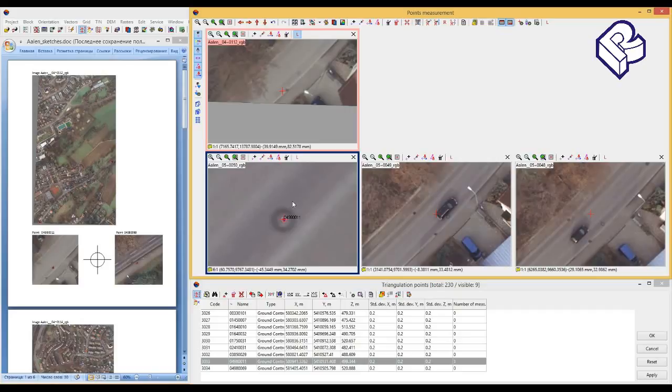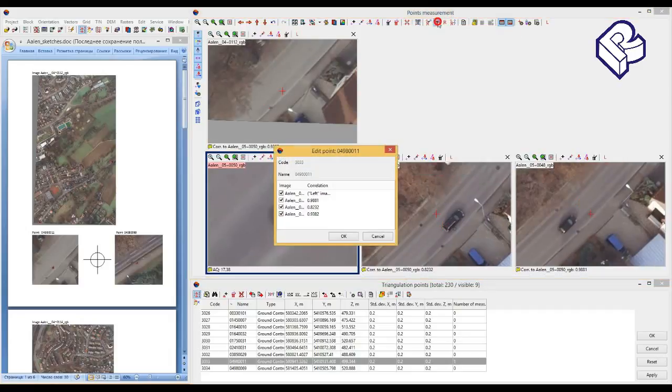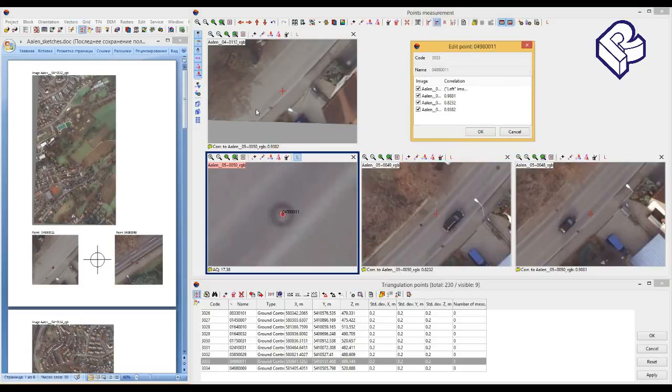Press the Insert key on the keyboard and make this image the left one. Then let's press the button Correlate all images to left. I agree that the ground control point is identified right in images 112 and 48, but in image 49